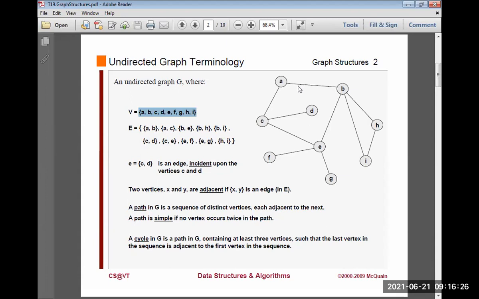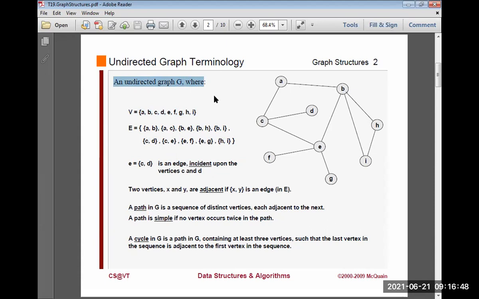Okay, A to C or C to A is bidirectional. So just represent any one path here. That indicates, because it is an undirected graph, if you represent one path, there is a path from A to B and B to A also. Okay, so that's why we represent one. So this is the undirected graph terminology.